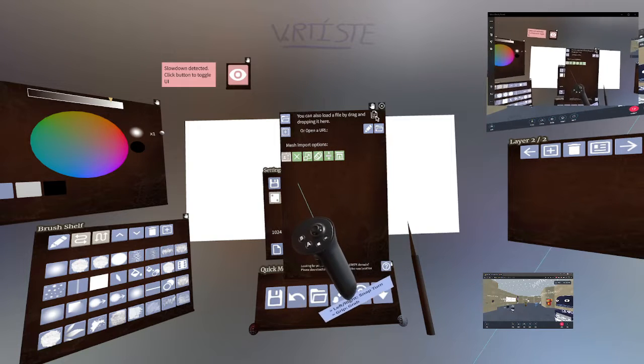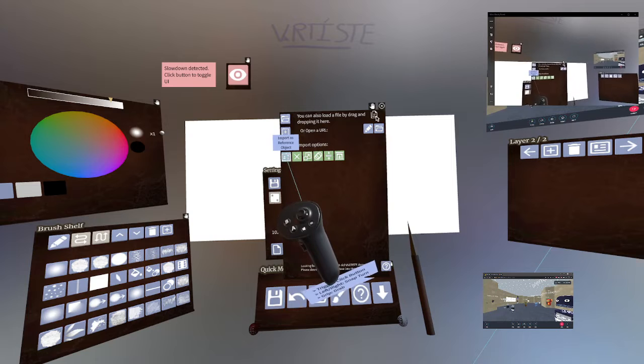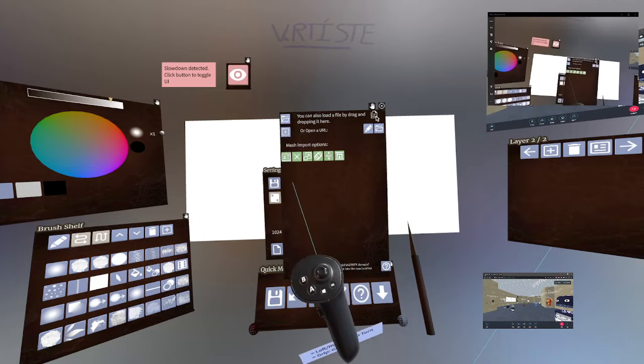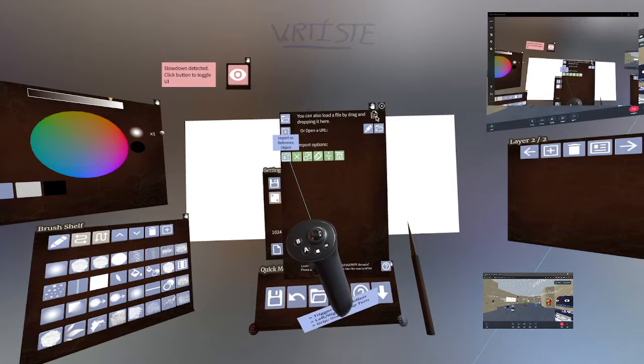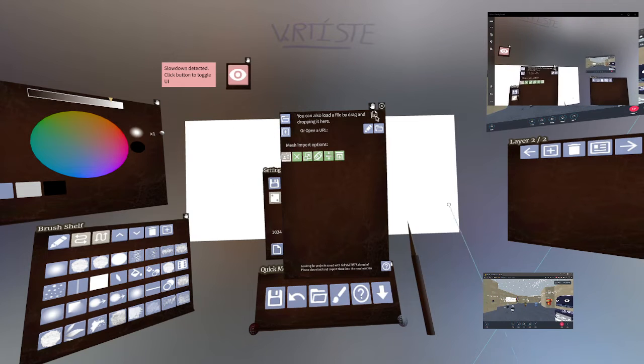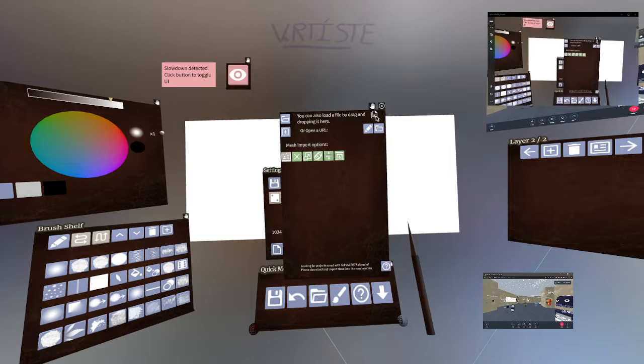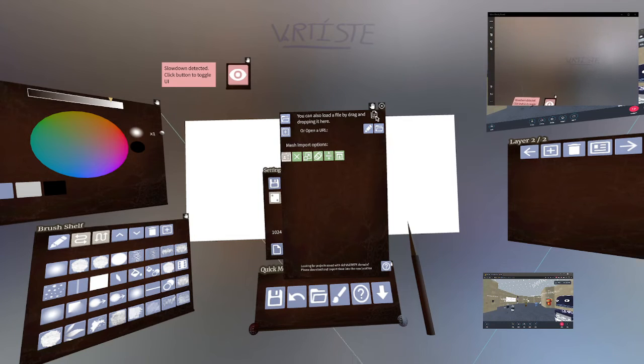The most important one really is this reference object import. If you click it, you'll import things as references. If not, you'll import them as drawable, either layers or meshes. So just to demonstrate that, I've got some. Let's see. We'll start with